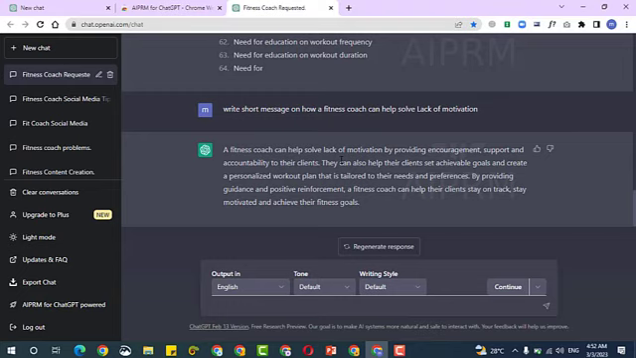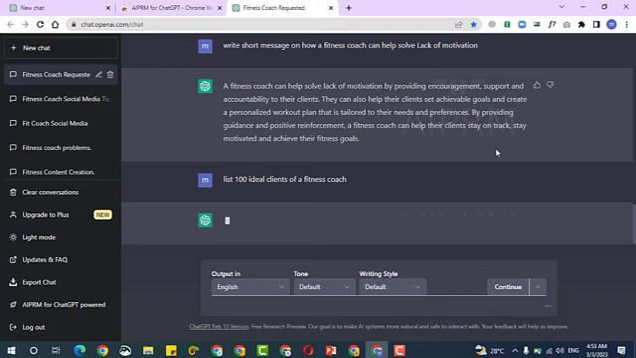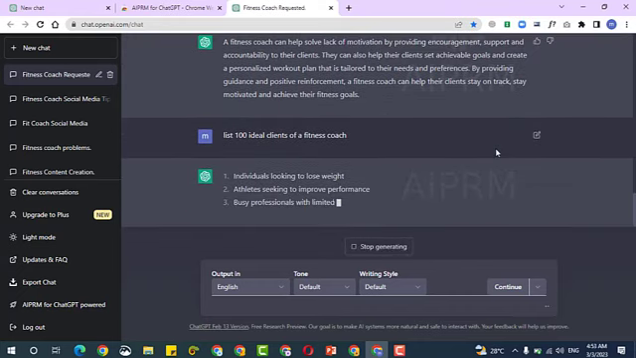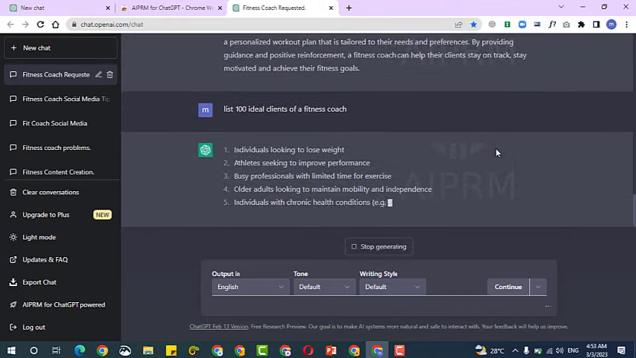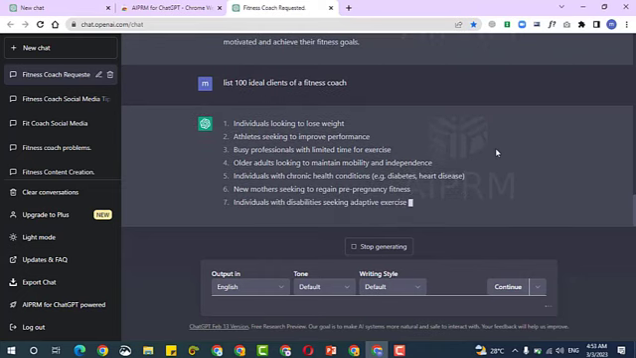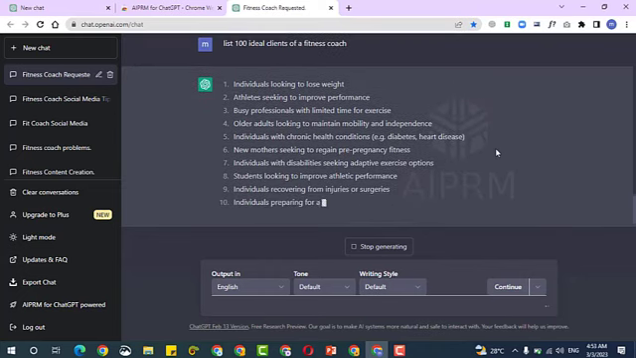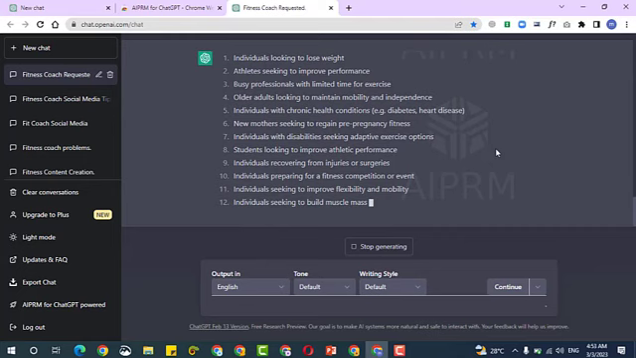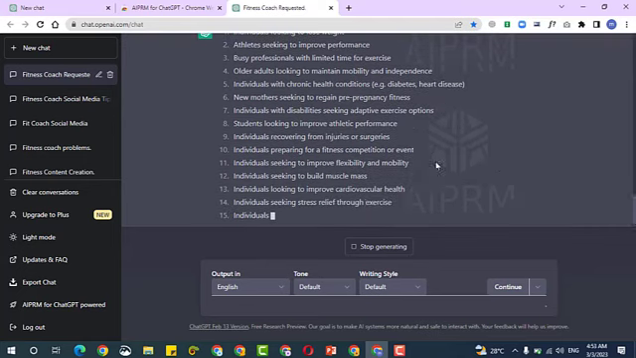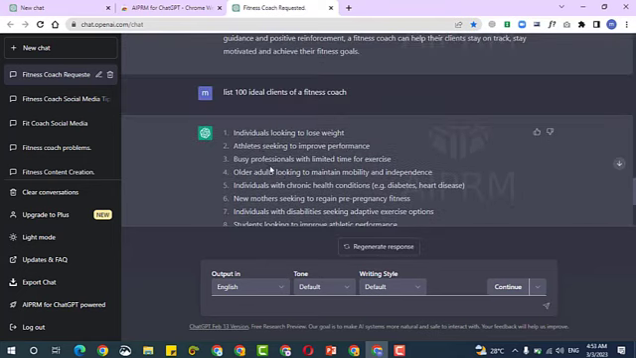Another way is that you can also say, list 100 ideal clients of a fitness coach. You want to know their clients. Who are those people that go to them? You can see individuals looking to lose weight, athletes seeking to improve performance, and things like that. It's going to list; you can say even list 100, 200 or anything. So you can apply something like this. Each of these you can do something like